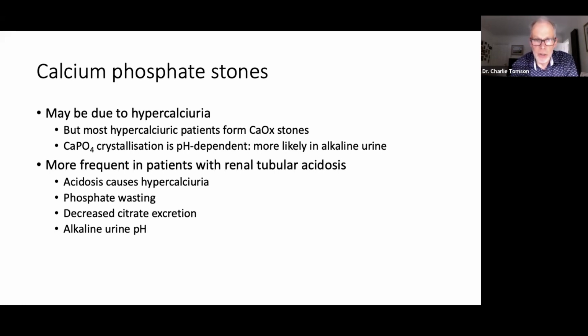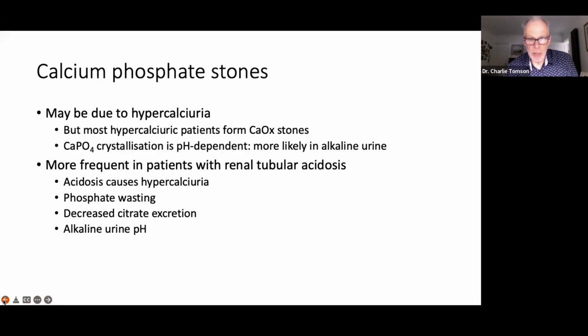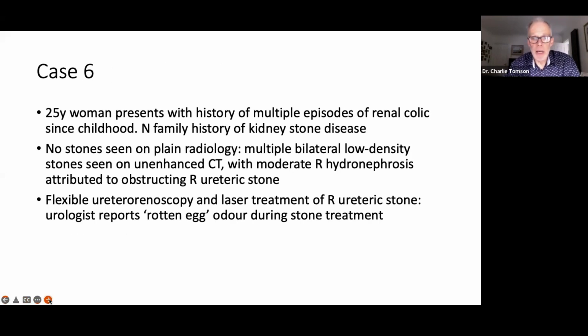These are relatively uncommon. The acidosis causes hypercalciuria, but you also get phosphate wasting, decreased citrate excretion, and alkaline urine pH. And treatment really comprises maintaining as dilute a urine as possible, reducing urine calcium, if relevant, with a thiazide, and possibly citrate supplements. Let me move on to the final case, which is of a